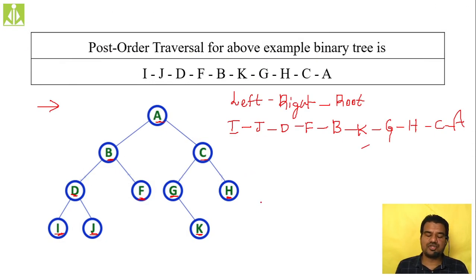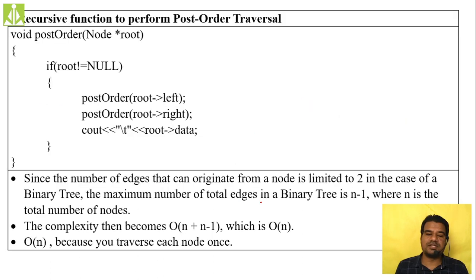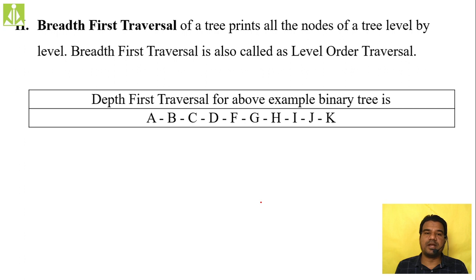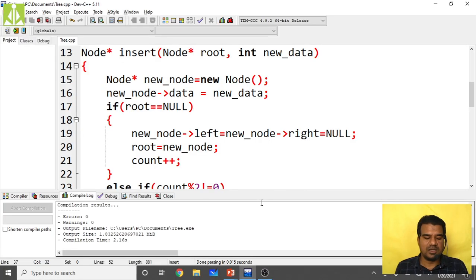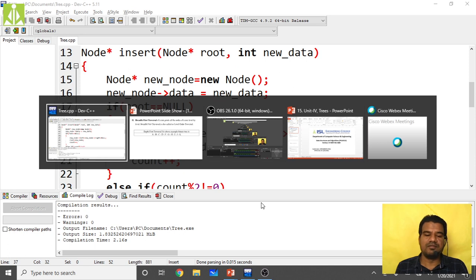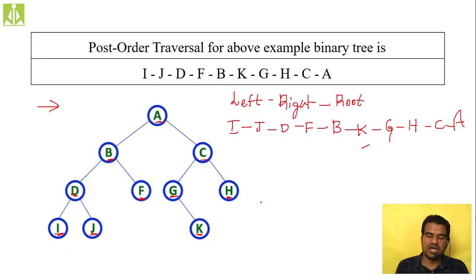Okay, pre-order, post-order, and in-order traversals we have discussed. Then the breadth first traversal, BFT. It is very simple, and for this we are not doing any implementation. Breadth first traversal, it is a very big technique, so that is the reason we are not doing any implementation. The concept is very simple. We have to visit all the nodes level by level.